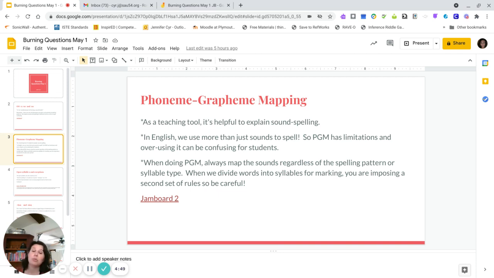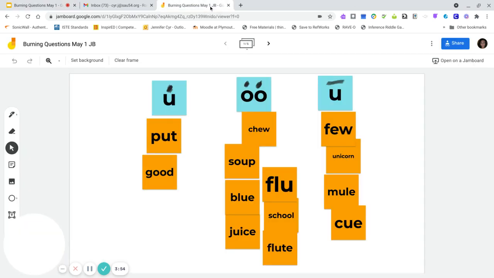So we do have some rules that we adhere to. When doing phoneme grapheme mapping as an activity, you always map the sounds that are there, regardless of the spelling pattern or syllable type. Dividing words into syllables for syllable marking, you're actually imposing another set of rules on top of that. So just be careful that you're not confusing your students. So looking at my next Jamboard,